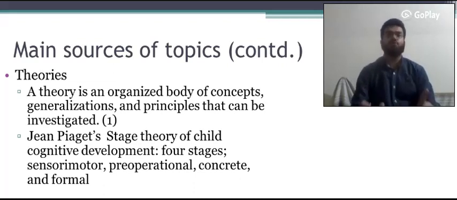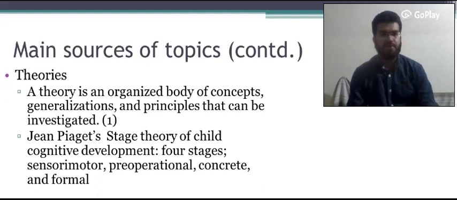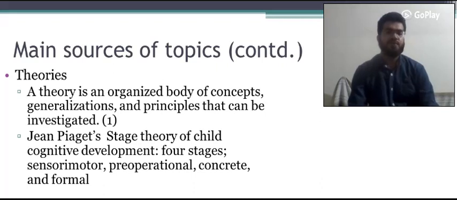Now let's suppose, if you're familiar with the ideas of Jean Piaget and you know this theory very well, how he explains a child's cognitive development, and then you are reading a certain text where you have a child character